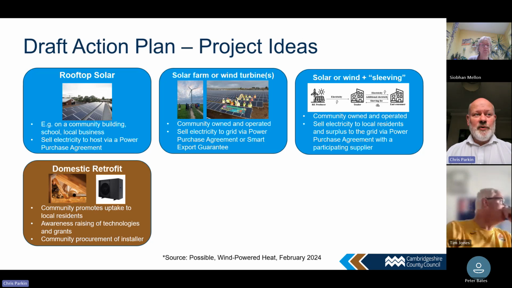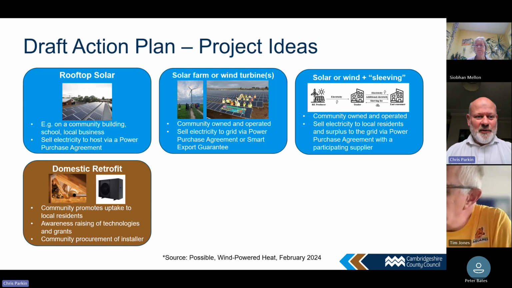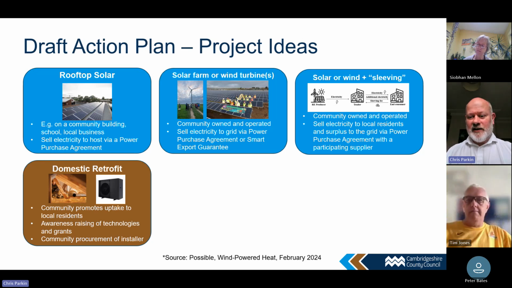That work would probably involve raising awareness amongst residents of the availability of grants like the boiler upgrade scheme grant, but also for lower income homes. It probably won't be the home upgrade grant because we're coming towards the end of that, but it will probably be the successor to that, which at the moment we think is probably going to be called the Local Authority Retrofit Scheme, or LARS for short. But I think we're probably fairly confident there will be grant funding available for domestic retrofit for lower income, lower